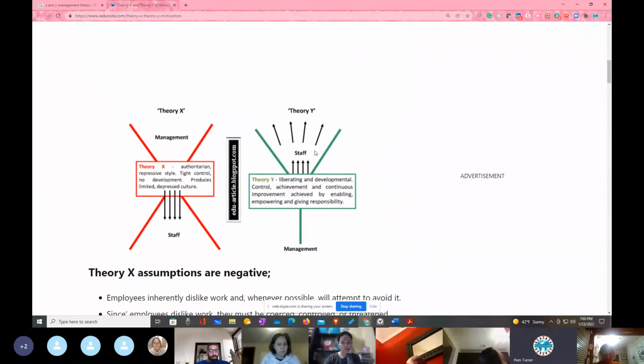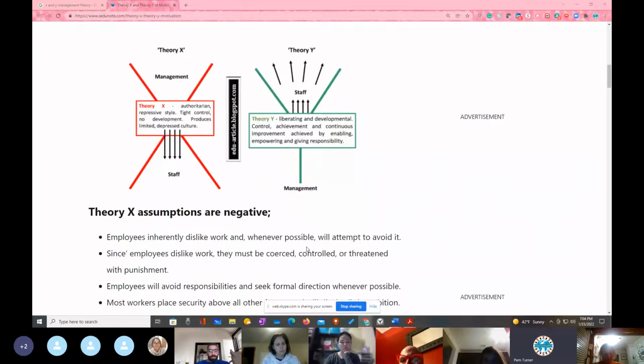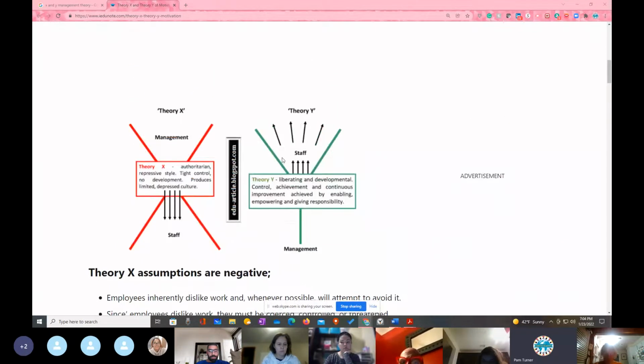So the staff, you come in and it's just kind of comfortable and a great place to be, right? And the staff has these ideas, and then the management supports the staff. Okay, which sounds great and all, right? But if you've ever been in a room full of social workers or any other mental health providers trying to make a decision, oh my God, it could be like 12 years before we even got a policy out, right? So while this is the Y, I say, yes, yes, yes, because the social workers like it,